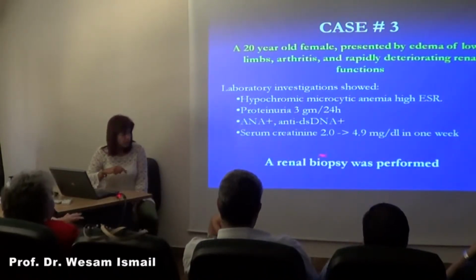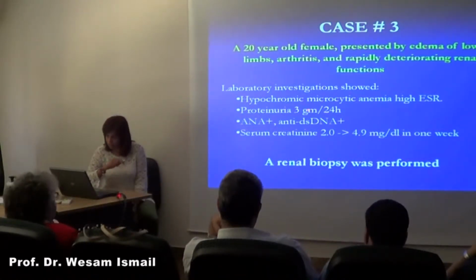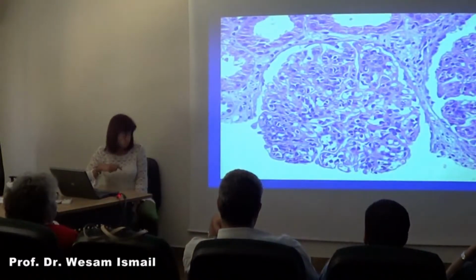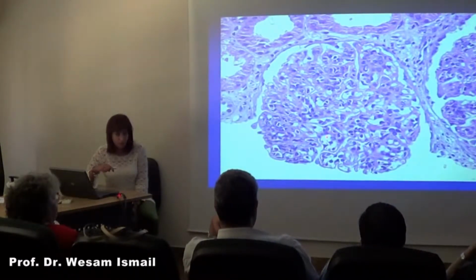So we did a renal biopsy. She's lupus. We all agree that this is a lupus patient. Typical presentation, typical everything. With this clinical presentation, which class are we expecting to see? Class 4, yes. And you can see here this glomerulus in H&E, and you can see the proliferation and there is